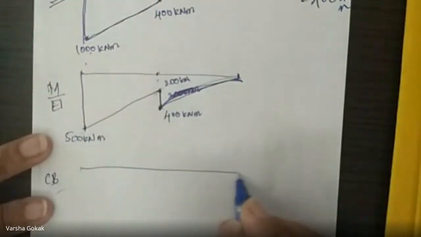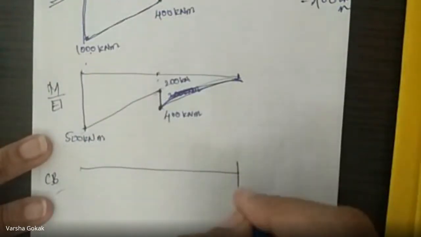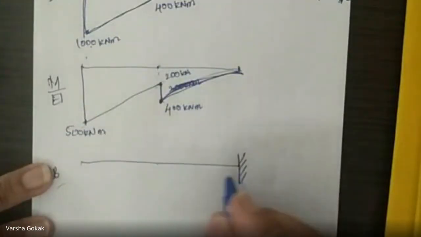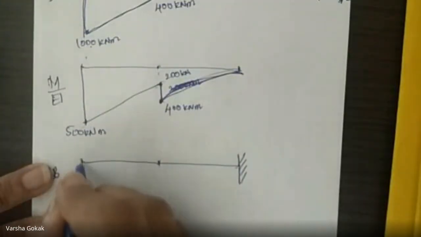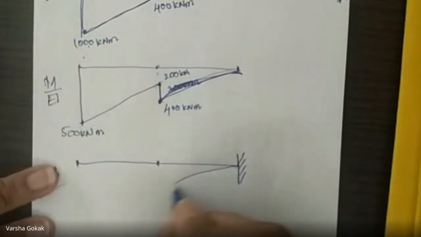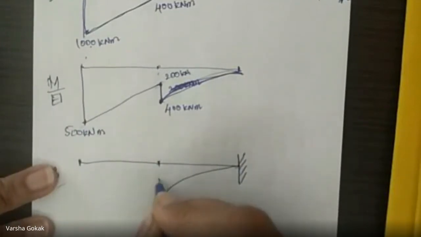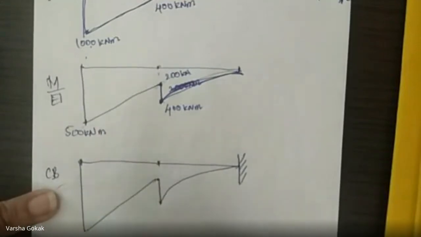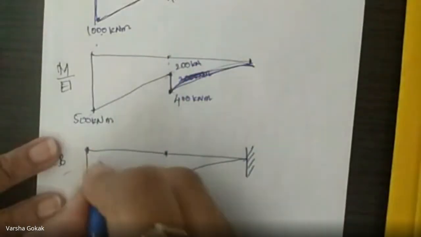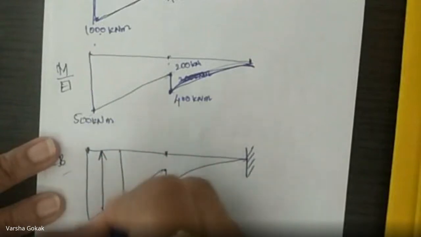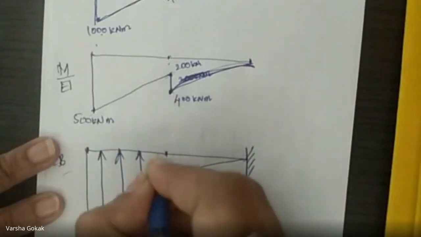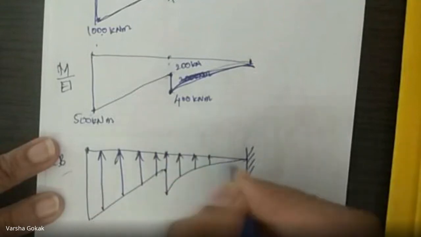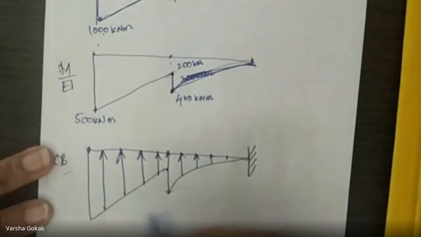So, this goes like this. This free end becomes the fixed end now. Okay. And these values will not change. So here is B point, here is C point. Take a parabola, then draw a straight line, and then again a straight line and this, right? It is hogging, so your arrows will go on top. If it was a positive bending moment, arrows will come at the bottom, but this is hogging, so arrows will go on top. Values will remain the same.